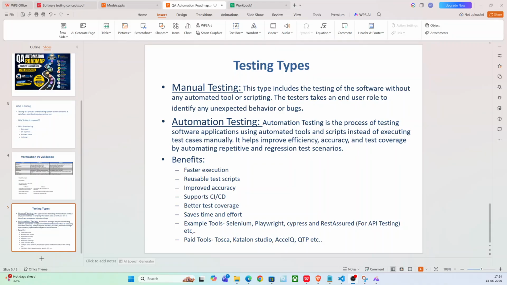we can start. Okay, so coming to automation testing, the same testing process we can do by writing scripts using different tools like Selenium, Cypress, Playwright. These are all for UI testing, and Postman and RestAssured for API testing. Of course, Cypress and Playwright we can leverage for API testing as well. Okay, so the main benefit we'll get out of automation testing is that the execution will be fast. Once the script is developed, you can reuse it throughout your